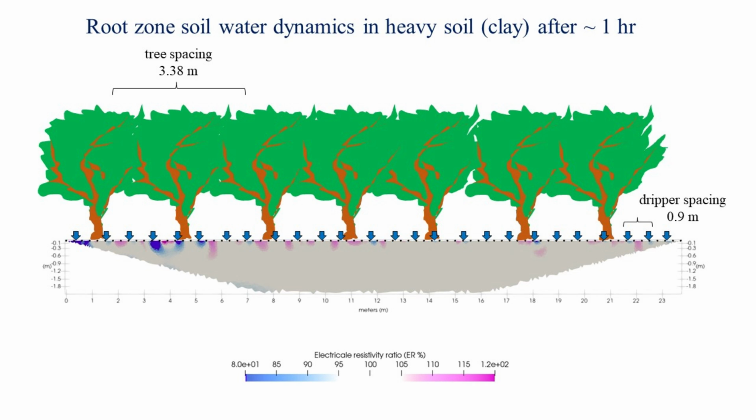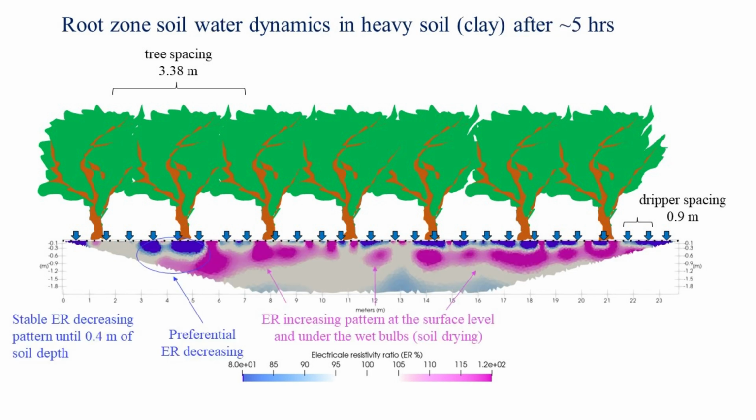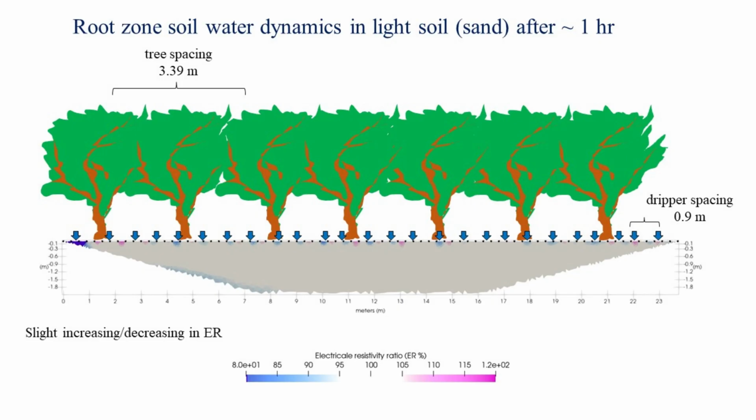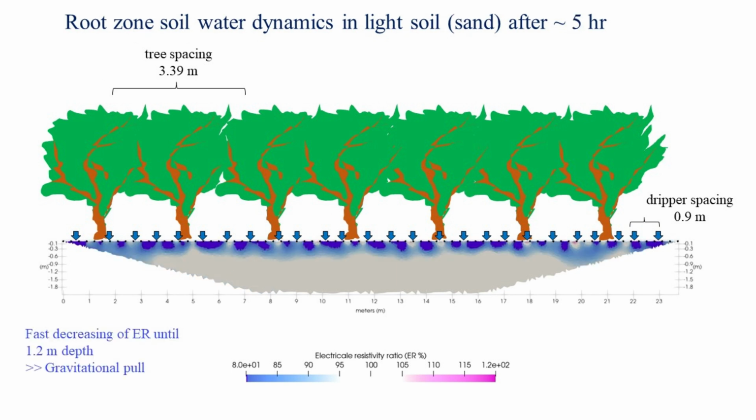So what we found in a clay soil, after about 5 hours, water only barely moved below half a meter. And the roots, where it's pink, it means that roots are pulling water faster than it's getting there from irrigation. The blue means the irrigation is getting into the soil. You can see here in this clay soil, the trees were pulling the water faster than it would get there. If you go to a sandy soil, on the other hand, the water was getting to the root zone faster than the trees would take it.